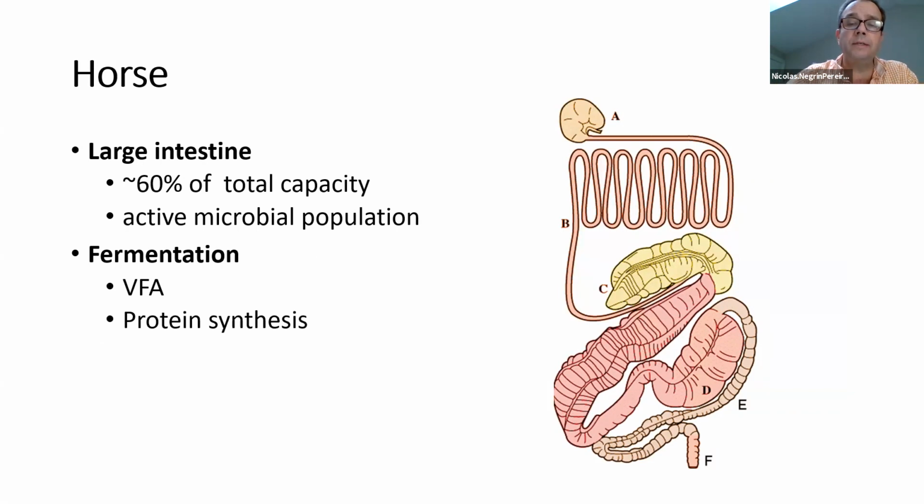It is also an important place for the synthesis of microbial protein, which is going to be digested and utilized by the animal. But it's going to be a limited use because, remember, these animals are post-gastric fermenters. So the main site of absorption, which is the duodenum, is not present. And for this reason, we say that they normally have a limited use for the fermentation products produced by the